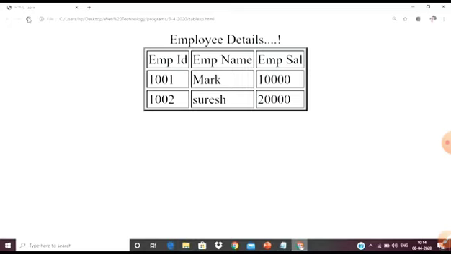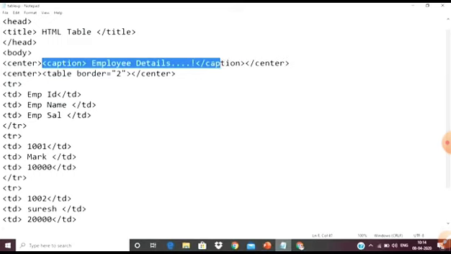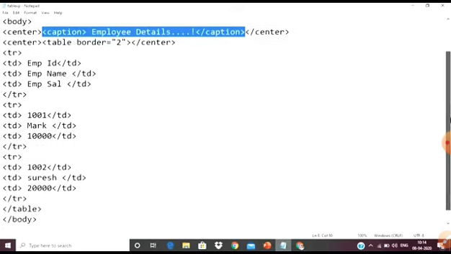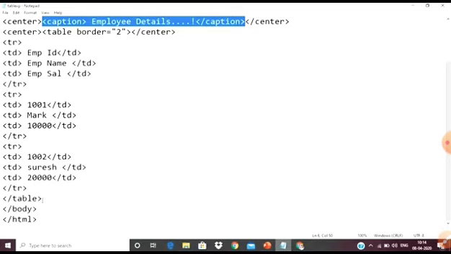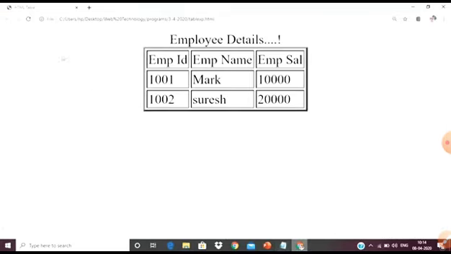So now students, you can see this is the use of the caption, meaning if you want to give the heading of your table, it will look good or better, because it is showing the table heading, for which you have created the table details.